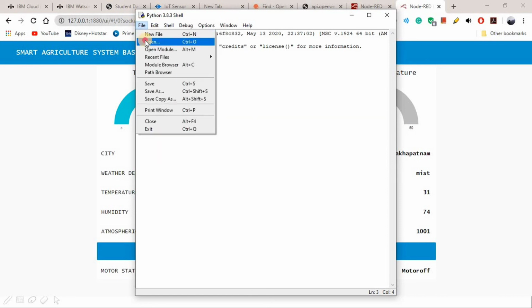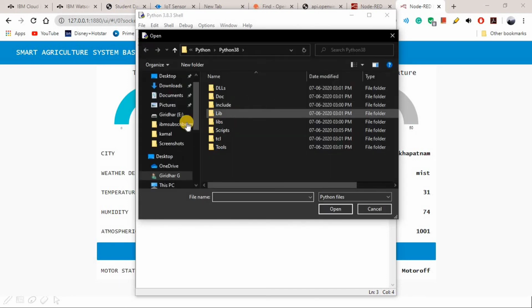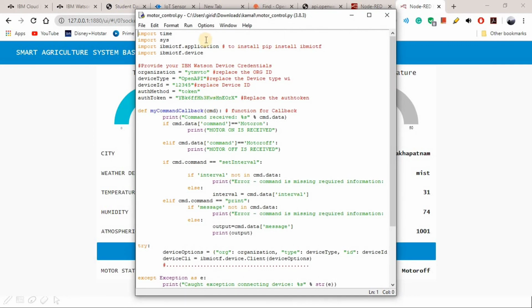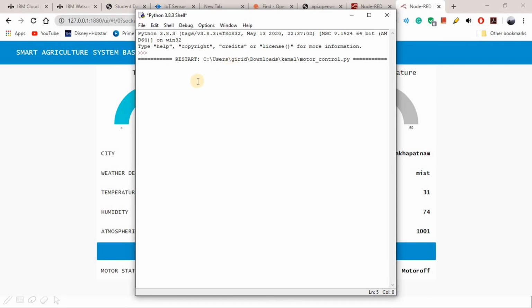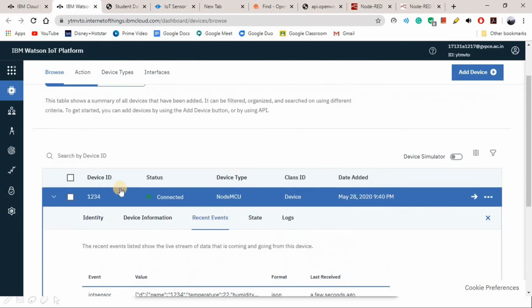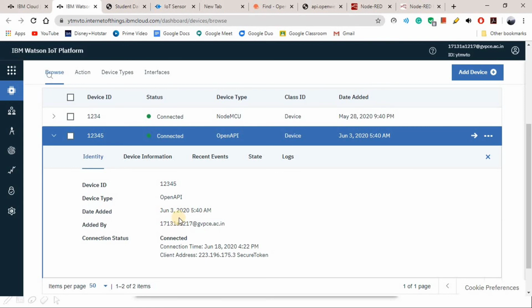Let's click on file and open my file. In Kamal, there is a motor control file. I have opened it and click on run module. Yeah, it was connected successfully. Let's check whether in IBM Cloud also it's connected or not. Yeah, the second device was connected to the Python file.